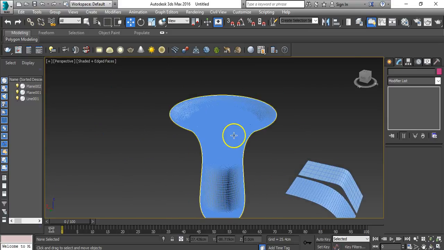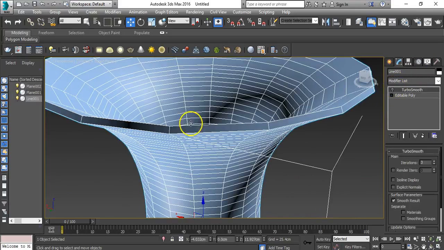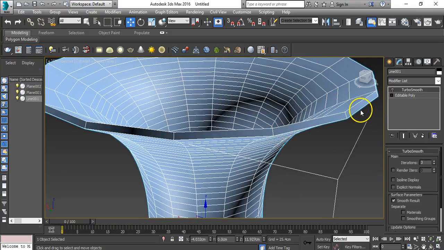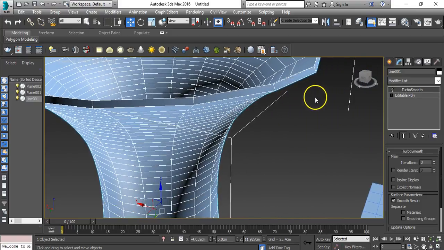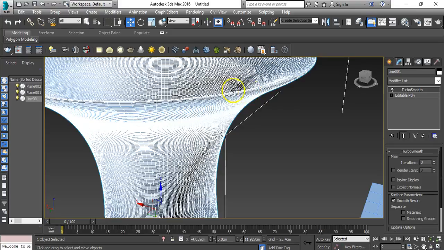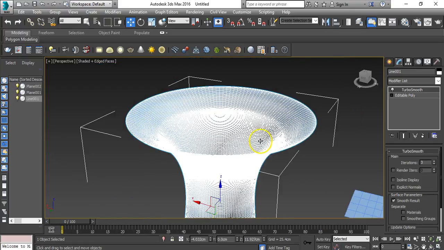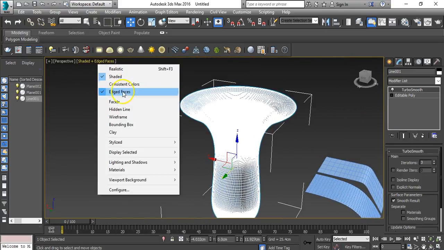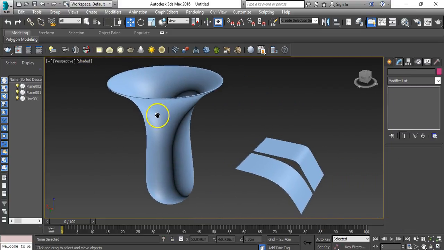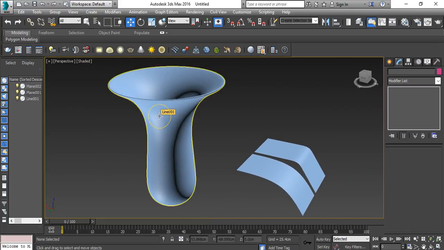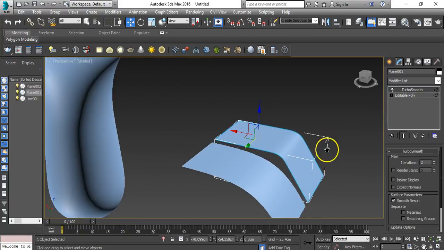Okay, so that's why when I apply turbo smooth here, you can see these edges are becoming one, right? I mean, the smoothness is coming from here to here, right? For example, this and this part smoothing, this and this part smoothing. So this is creating one round. Okay, so this is turbo smooth, right? And if I select this, for example, and let's apply